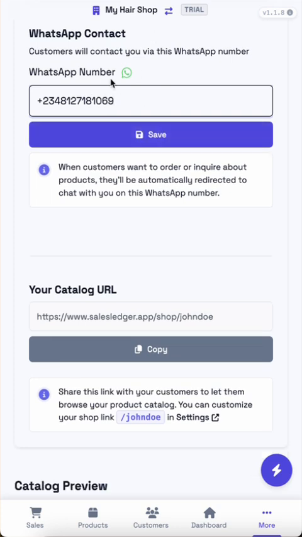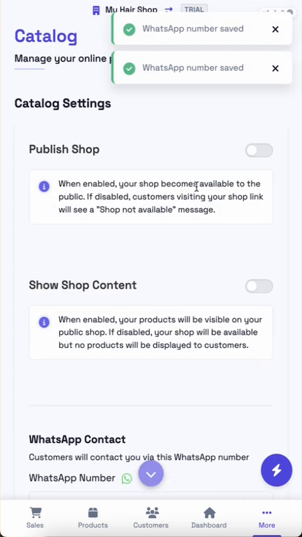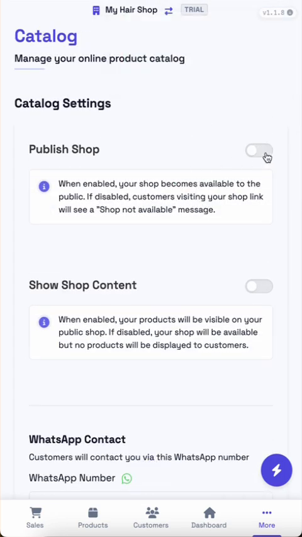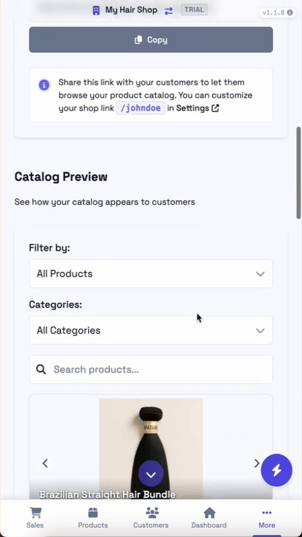All right, so you can add your WhatsApp number. It's always good to use the +234. Once you do that, you can save it. Once you save the WhatsApp number, as you can see, you can now switch on your shop. But let's first go to